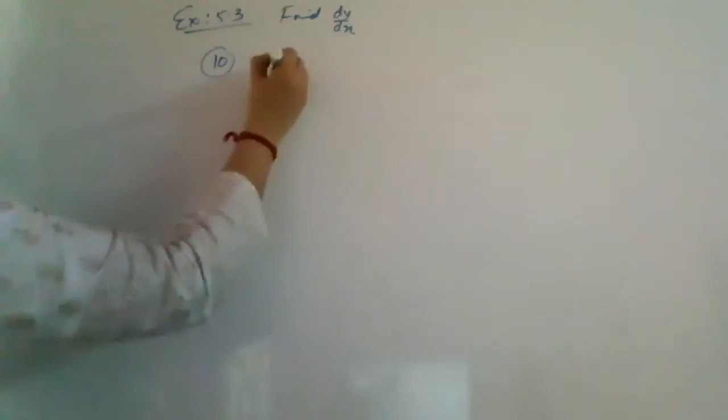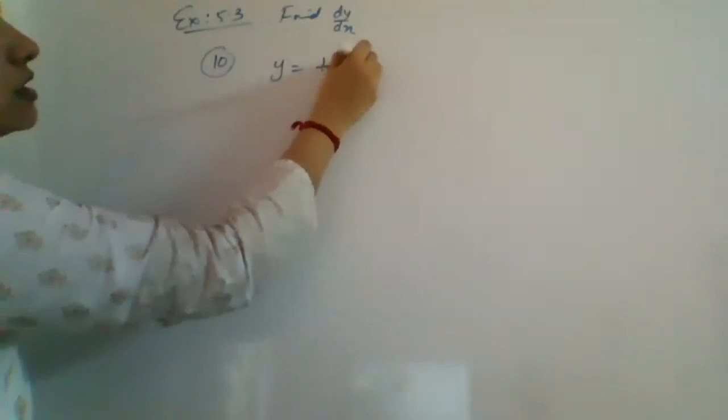Tenth. Now from 10th onwards, the easiest way to do this is by using substitution. Substitution for the variable x. Okay. Question is y is equal to tan inverse of dx